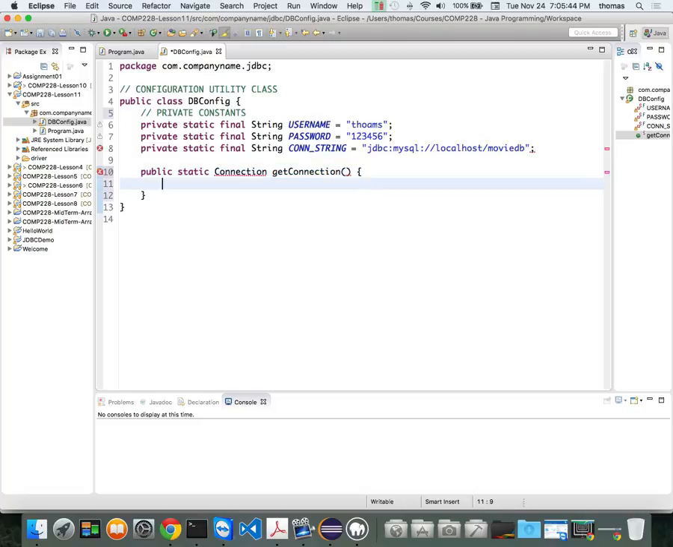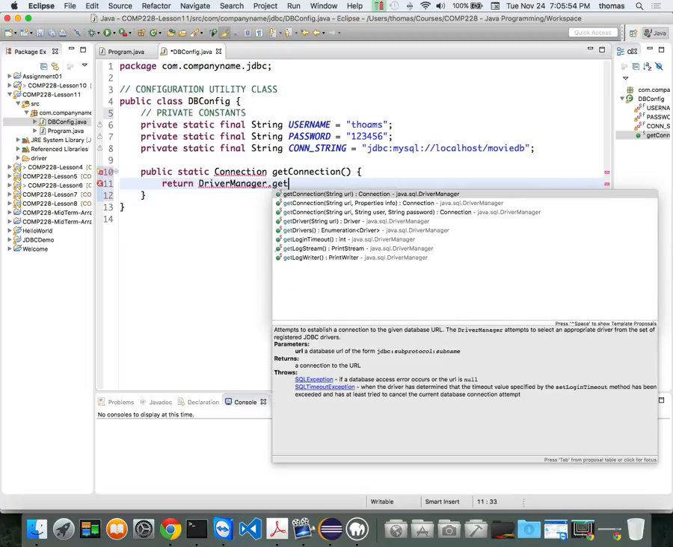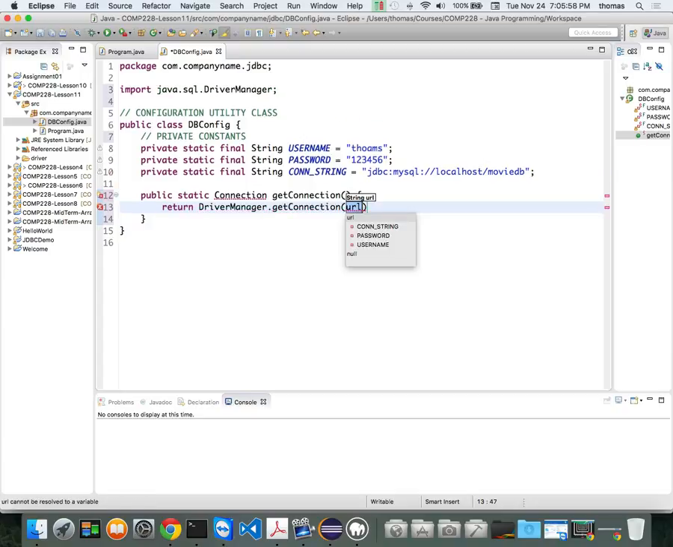And what we want to do in this connection is return, this is something interesting, our driver manager, which is we want to do dot getConnection, right? And look what it says. It says now there's different signatures for this thing,